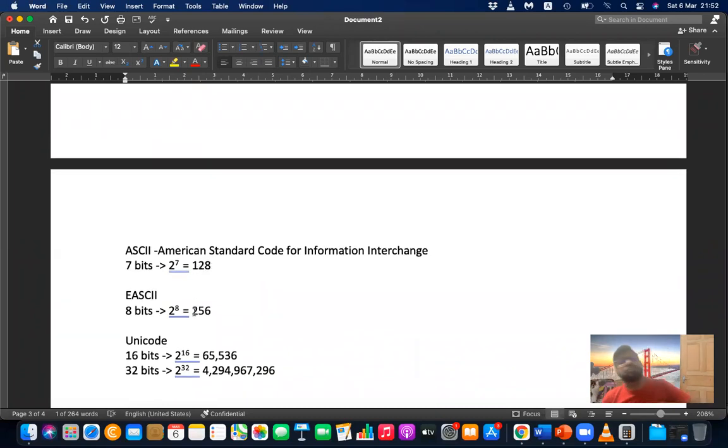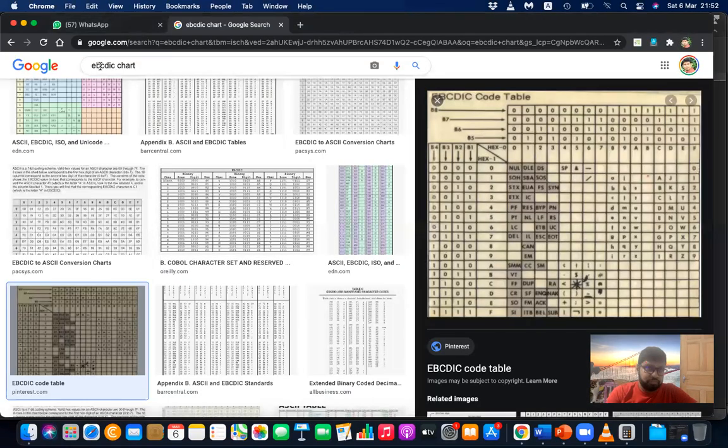But there's another version of ASCII called extended ASCII. It uses 256 symbols, which is 2 to the power 8. General ASCII, the American Standard Code for Information Interchange, uses 7 bits, 2 to the power 7. The ASCII chart is quite similar to this.